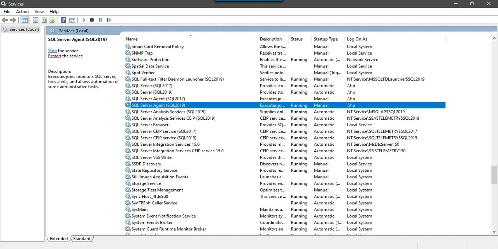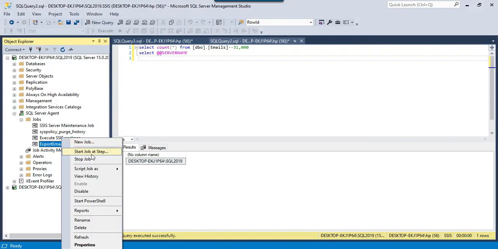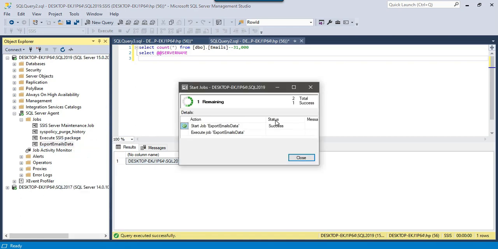Let me go back to SQL Server 2019 and rerun the SQL job again. So this is successful. So I think that was the issue: because we were connecting to different servers using different users, those were not having the permissions. That's why it was failing. And maybe I can make a video on this topic in future, on how we can fix these kinds of issues with the SQL agent job.